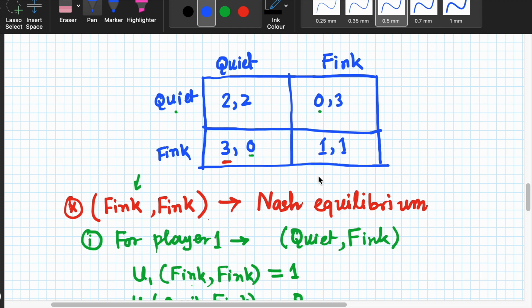So in many situations which we capture by the prisoner's dilemma, those situations can be analyzed by the same Nash equilibrium. Suppose, as you can recall, in the previous class we gave